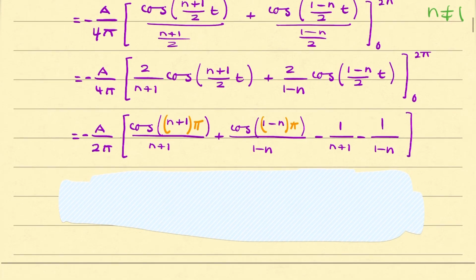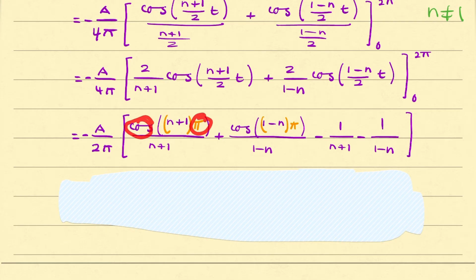So the 2 cancels with the 2 in the denominator, and you simply have cosine (n plus 1) pi and cosine (1 minus n) pi. And if you think about it,